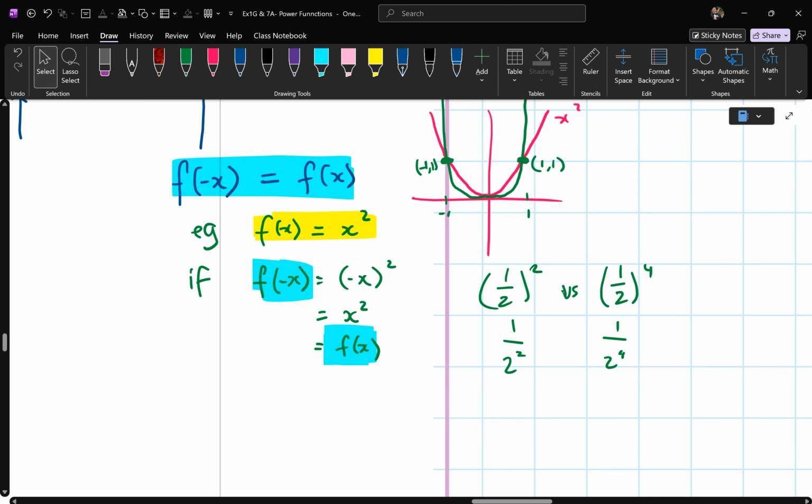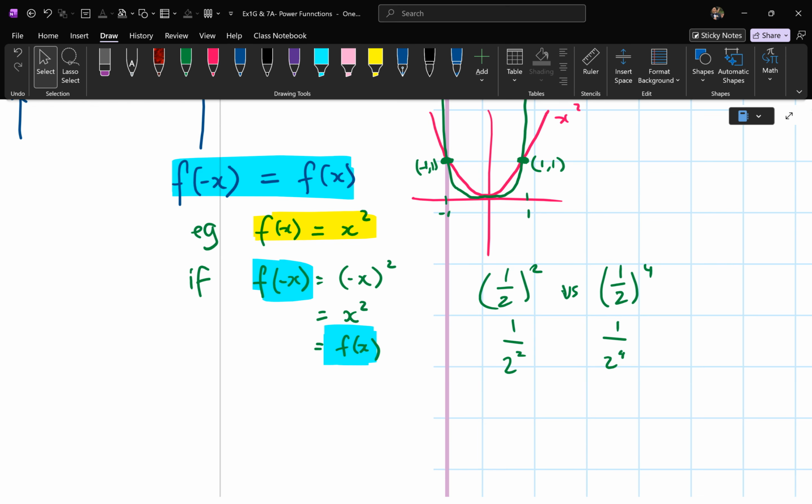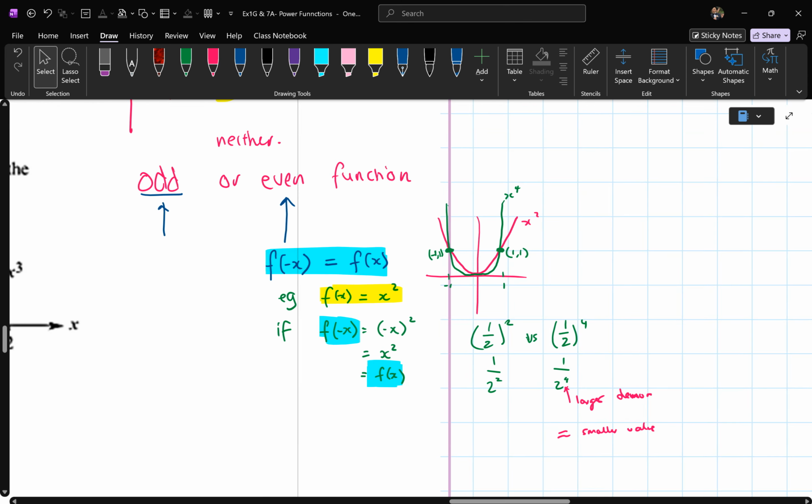But every time you increase the denominator, it's like saying you've got $1 and 1 million people to share it with. Everyone's going to get a very small portion of that $1. So it gets smaller and smaller. So the larger the denominator, the smaller the value. Okay? And that's why if I went up to x to the power of 100,